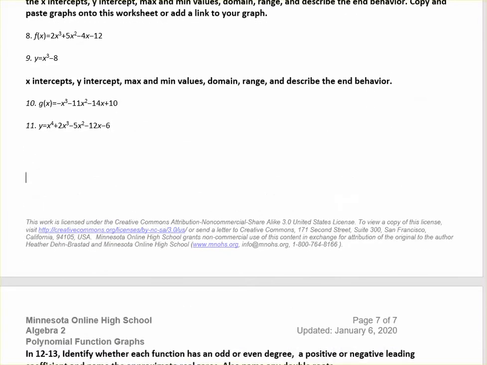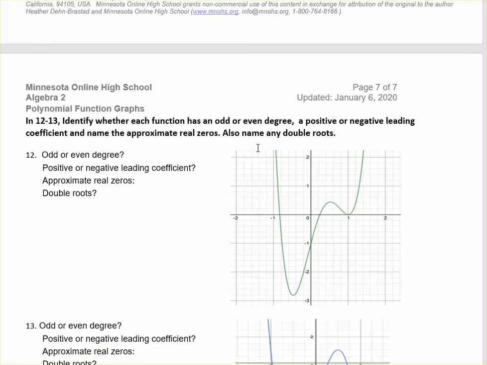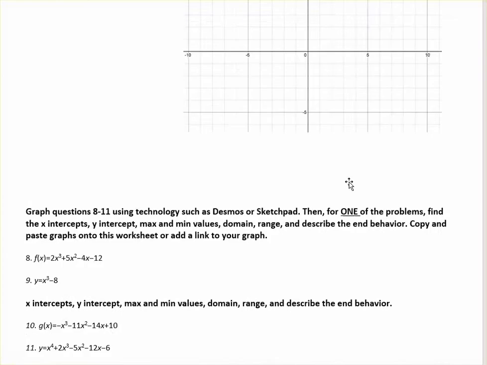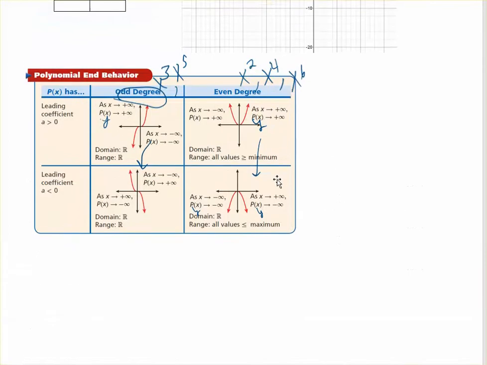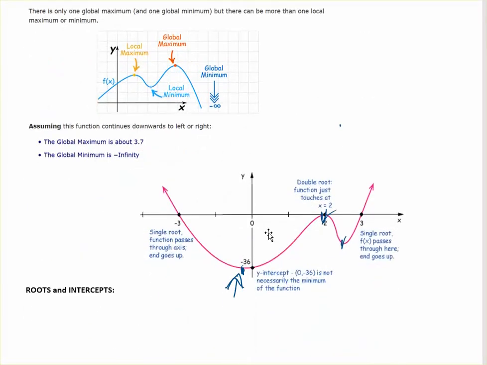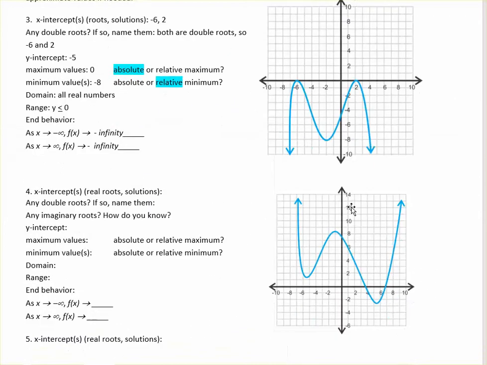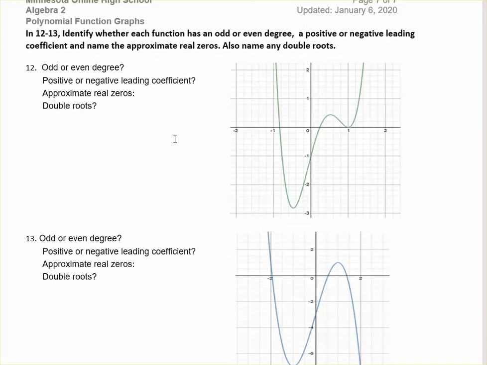For the next part, you're going to write down whether it has an odd degree or even degree, a positive or negative leading coefficient, and name the approximate real zeros, and name any double roots. So for the odd or even degree, you can go back to the chart that had the end behavior. This will be helpful for that. And for the roots, remember that if it goes through, it's a single root, and if it just touches, that's a double root. So this is very similar to some of the other problems we've done. You might want to paste this chart on here for